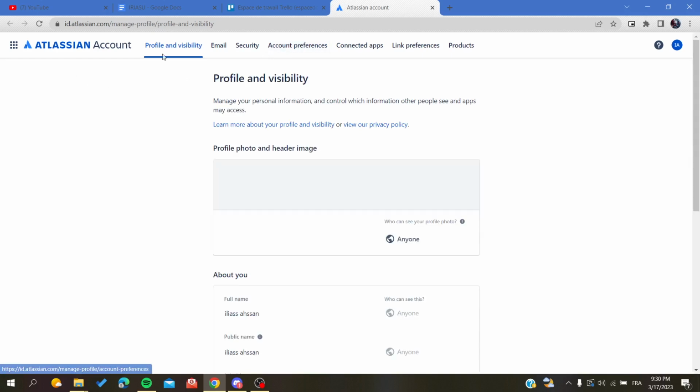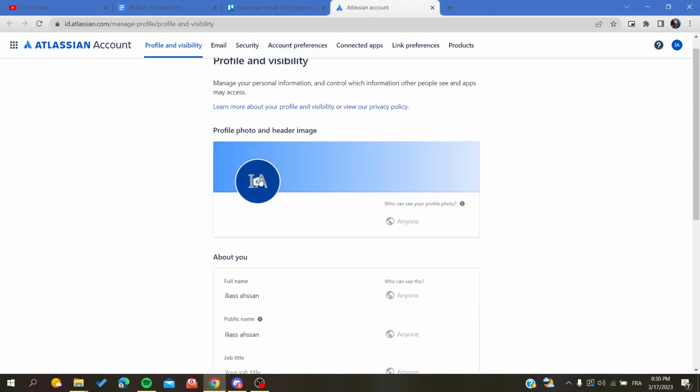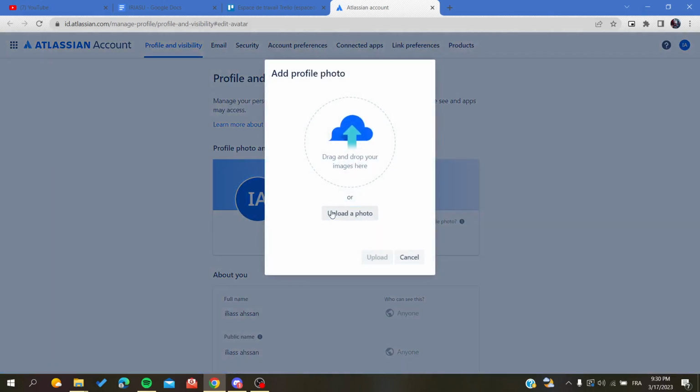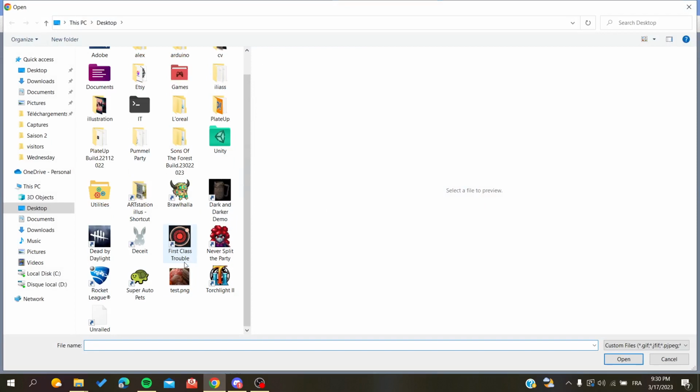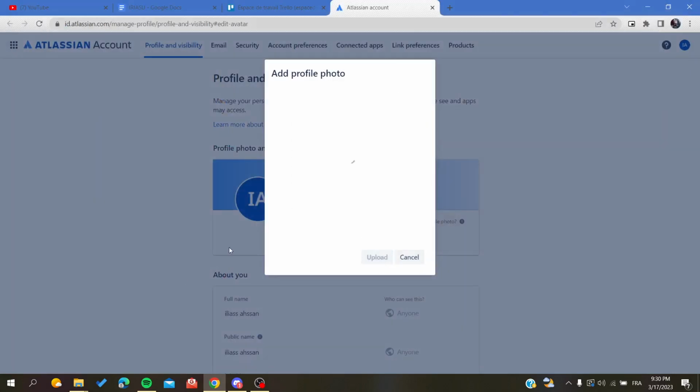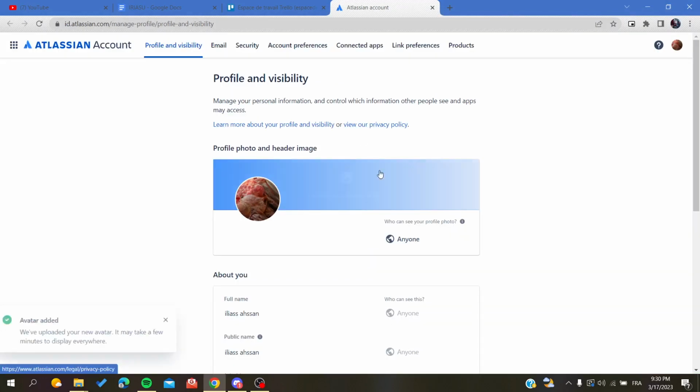and basically it will take us or redirect us to the account panel or settings panel, and here you see that we can change our profile picture. So basically we are just going to add profile picture or photo, and we are going to upload one from our desktop, and I'm going to click on it and click on upload, and you will have it in your profile picture. So you will need just to wait until it uploads successfully like that, and as you can see,